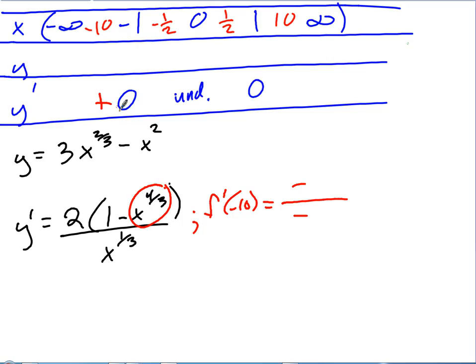Okay, good. And then if we went to negative 1/2, how does that change things? Let's see. F prime of negative 1/2. We're still going to get negative on the bottom, aren't we, in that case? But on the top now, we're taking 1 minus negative 1/2 to the 4/3. That's going to be kind of a small number, isn't it? Agreed? Yes. Okay, that's certainly going to be less than 1, isn't it? So 1 minus a small number is going to be positive. So that makes it negative, right?